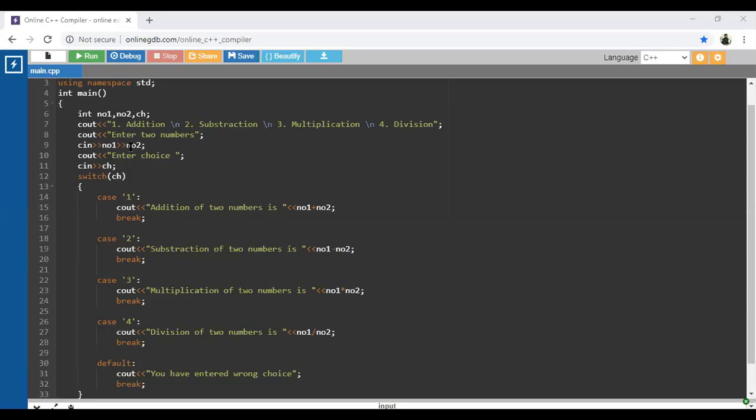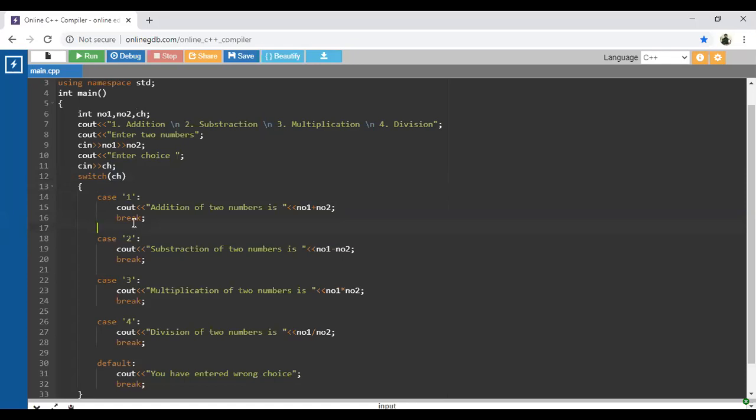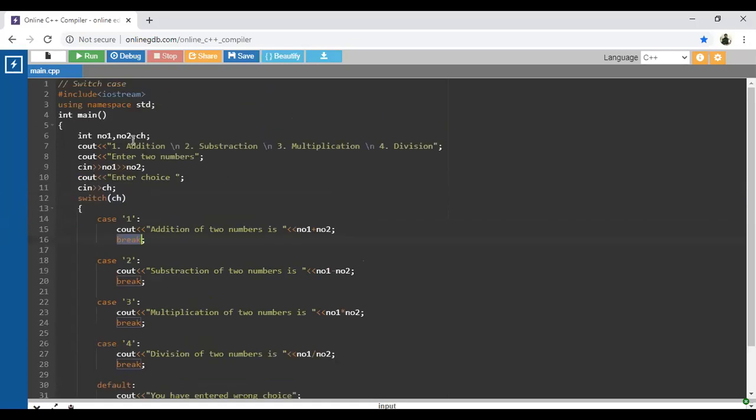First of all, accept the 2 different numbers from the user with the help of this code. Then accept the choice which you want to perform, because for 4 operations we have considered 1, 2, 3, and 4. In case of switch case, just accept that particular number. If you have entered 1, then switch will accept 1 and compare whether 1 is available or not. If 1 is available, it is going to execute this block, perform that addition, and break. Means it is going to exit from this switch and return 0. So this is the logic behind this.